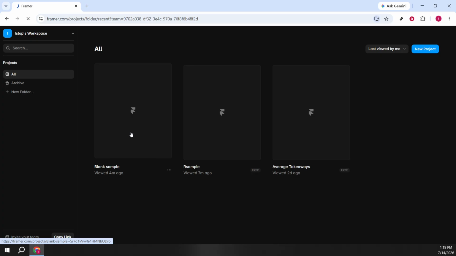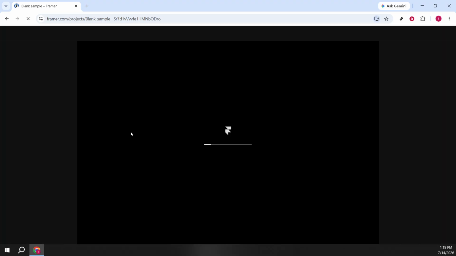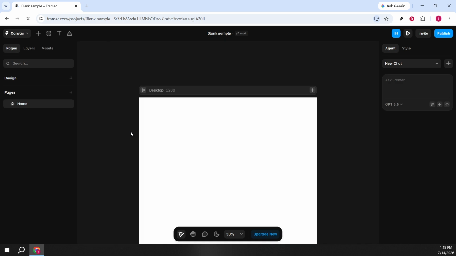Now, click into your project to check how it looks with night mode enabled. Open the canvas or preview so you can see panels, backgrounds, and text against the darker UI. If parts of your design already use their own theming, you'll still get a clear sense of contrast and readability